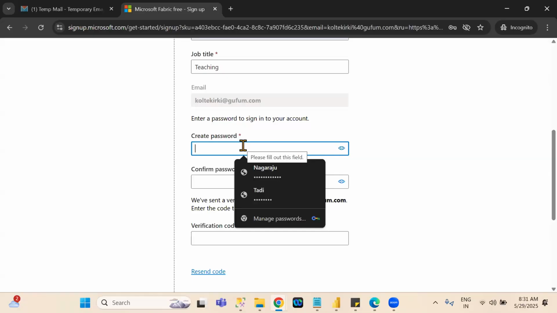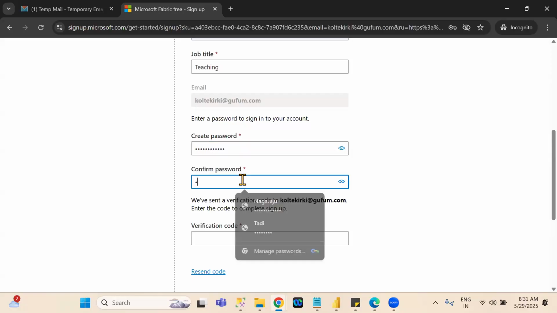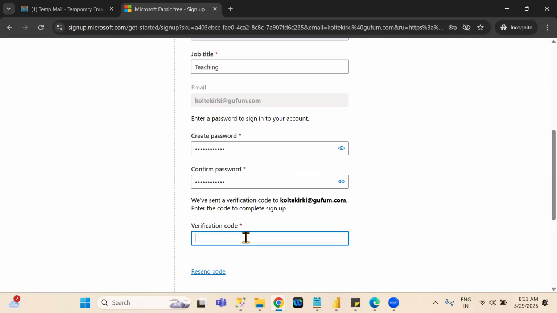Understand clearly? Okay. Same character also you can take. That's up to you. But the password you can remember. Must and should you have to remember the password. Confirm password also. Whatever password you have given here, the same password you need to match here also. Okay. Next one is